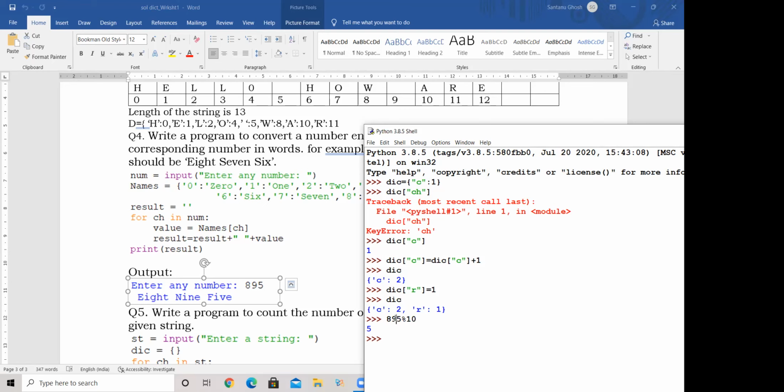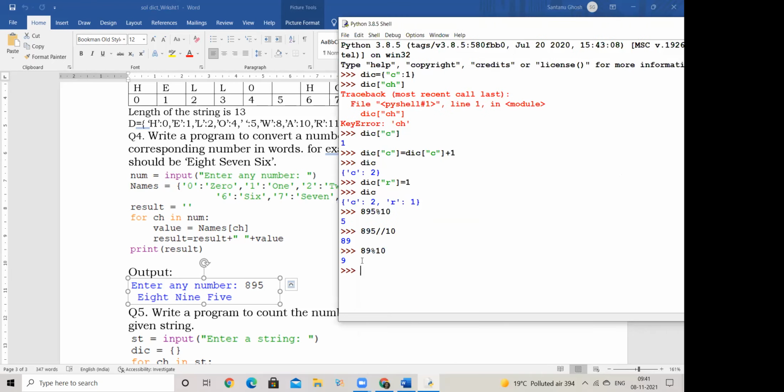What do I do with my 9 and my 8? Then there are two small steps we do in that particular program where I say 895, if I do an integer divide by 10, what happens? What answer do I get? 89. Right? Followed by 89 modulus 10. 9. First I was able to extract my 5.